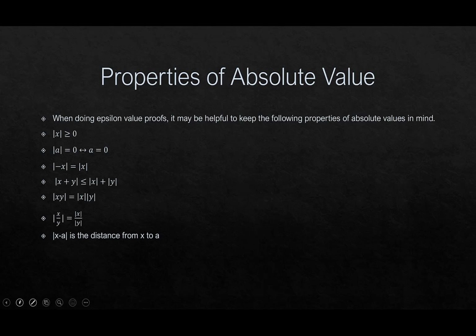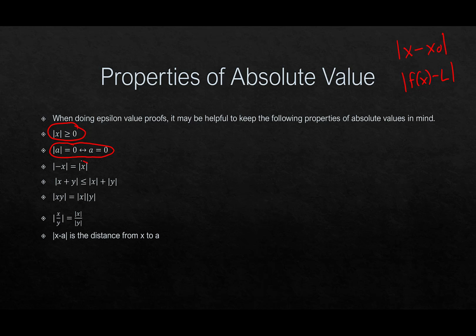Okay, a couple of things to keep in mind with absolute values, because again, we're manipulating these types of absolute values here. So you're going to want to be masters at properties of absolute values. So a couple of things that I want you to keep in mind. Remember, the absolute value is always greater than or equal to 0. Remember, it's capturing a distance, so distance is always positive, or 0. If the absolute value of a number is 0, that means that number has to be 0.